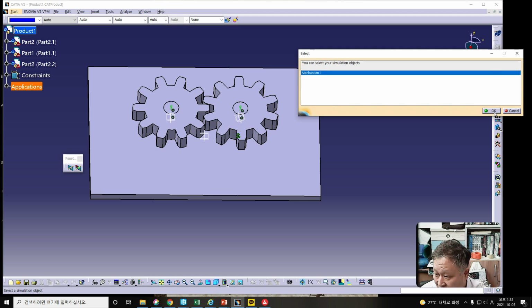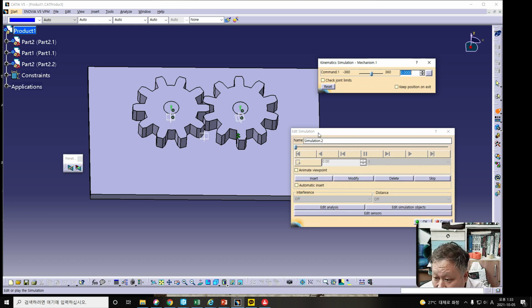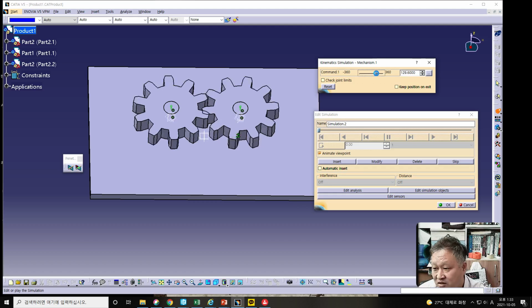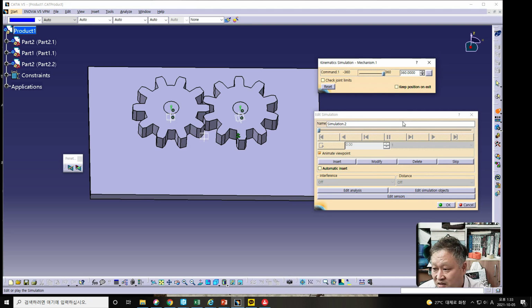in the button, and if you click OK, then you can see the dialog box of edit simulation like this. Here, animate viewpoint can be selected, and you could manage it from minus 360 degrees to plus 360 degrees, and we should insert the button, and this should be changed from 1 to 0.01,